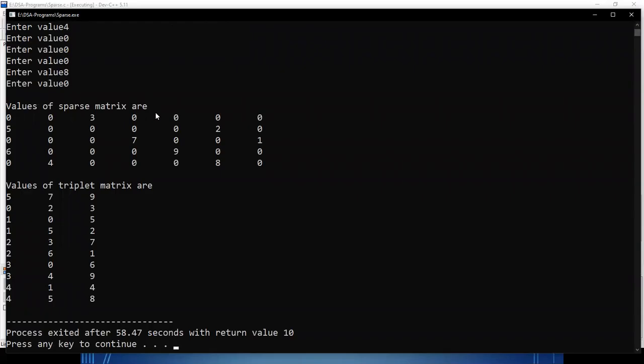This is the value of the sparse matrix. So 5 rows are there, 7 columns are here, and the triplet matrix is here. Total number of rows 5, total number of columns 7, total number of non-zero values is 1, 2, 3, 4, 5, 6, 7, 8, 9. So 9 is the total number of non-zero values. And then we are keeping the details of the non-zero values. First, row wise you search. This is 3. 3 means what? 0th row, second column. So see, 0, 2, 3. Similarly, you are getting the values of the row measure triplet format.